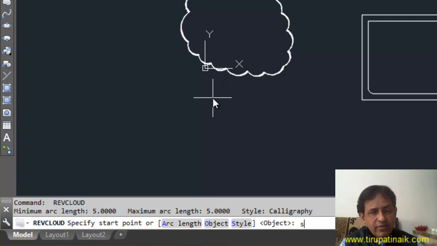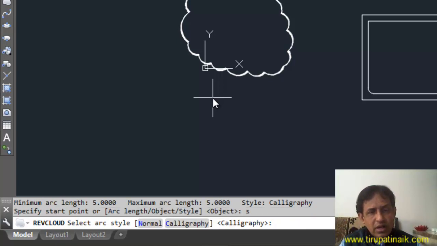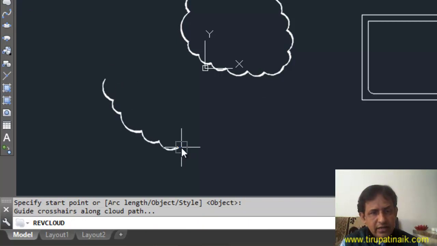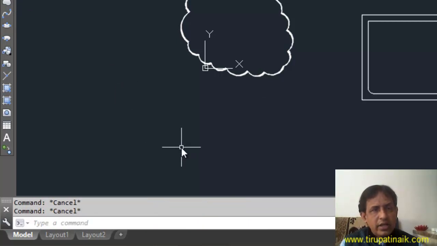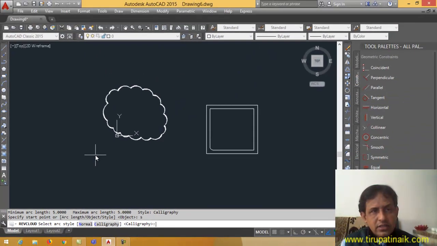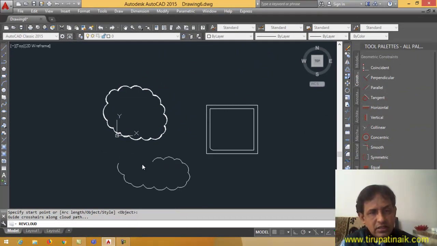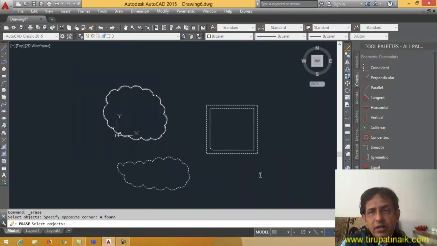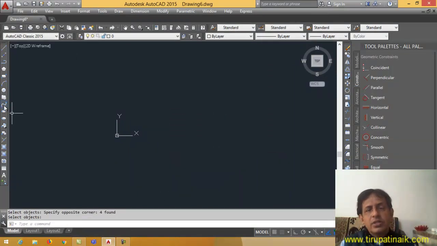Now to remove the calligraphy, again use the command, select command, then go to style and use the N for normal, so it has removed. So this is how we can do the setting for a particular command called a revision cloud.